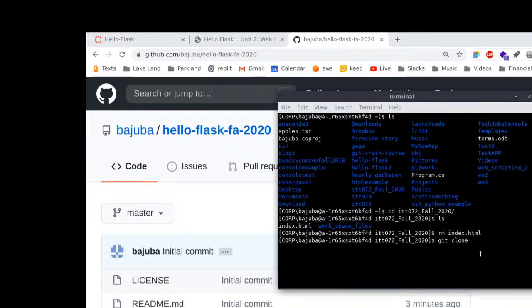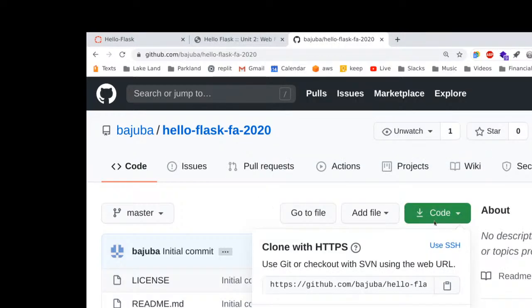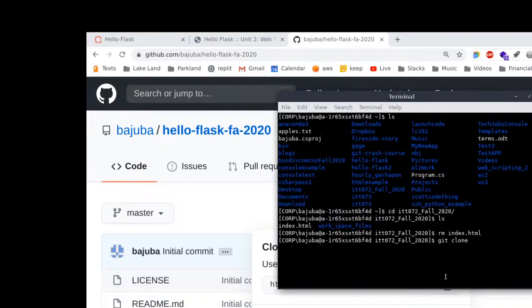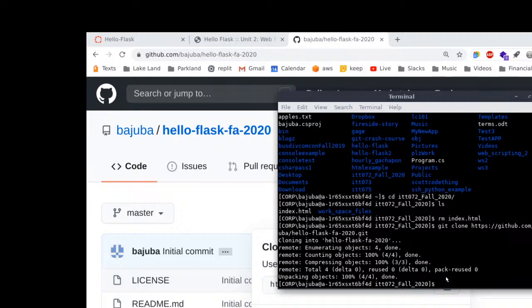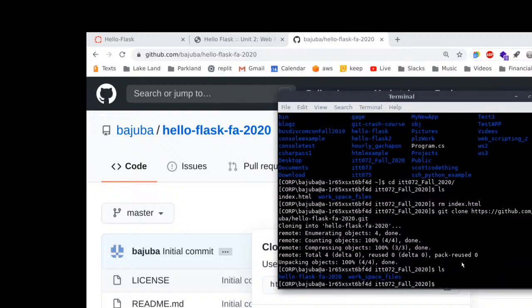All right, so I need the link to this repository, so I'm going to copy, and I'm going to keep saying this, Control-Shift-V, not Control-V. All the nerdy stats are there. If we look, ls, I now have the repository here, a local repository in this directory or folder. Okay, so I'm going to go in there, hello dash Flask,